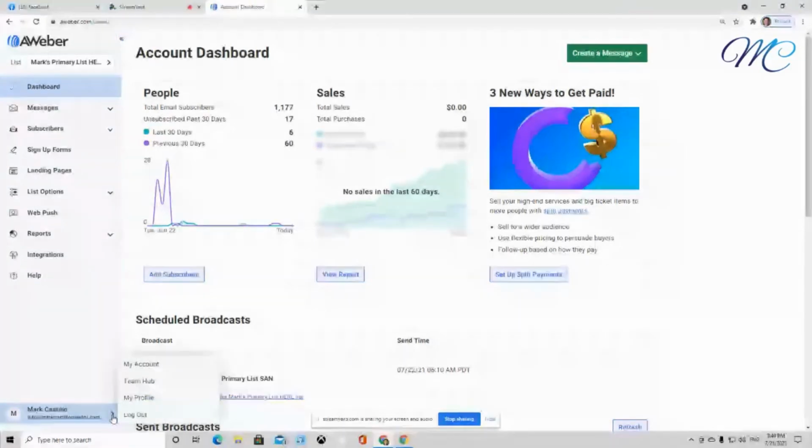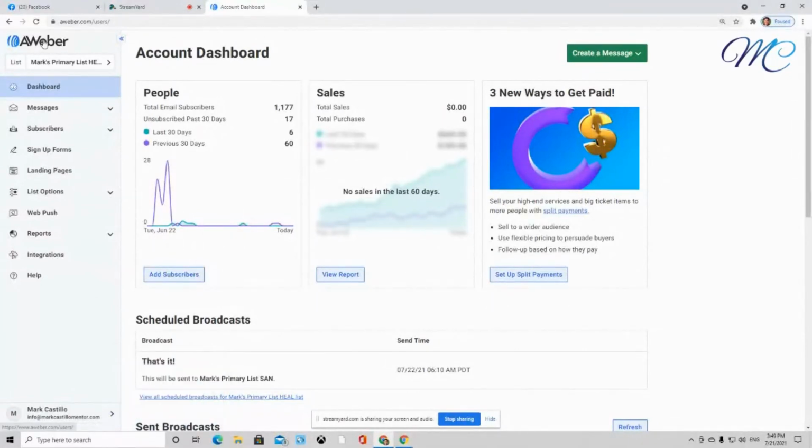This is where you can find my account. So this is where you can take your personal information and billing in this area. You also have the team hub, and then you can go customize your My Profile, and this is where you would log out. So all you have to do, just remember, is make sure that this left column is open,